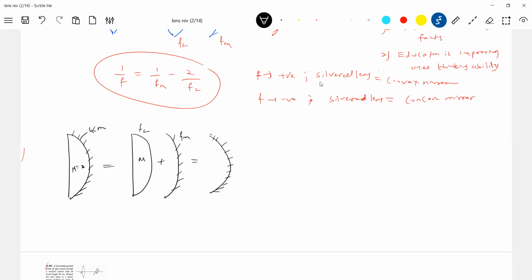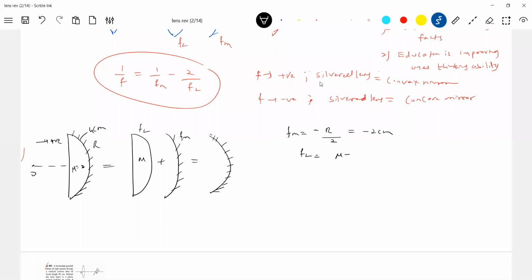So let's calculate all the formula. So 1 by focal length of the mirror will be minus 4 centimeter by 2. Okay, this radius is r, you take it, so r by 2. Why negative? Because if you keep the object, the rays directed towards the right will be positive. So therefore the r you measure will be negative. It's a concave mirror, so this will be minus 2 centimeter.